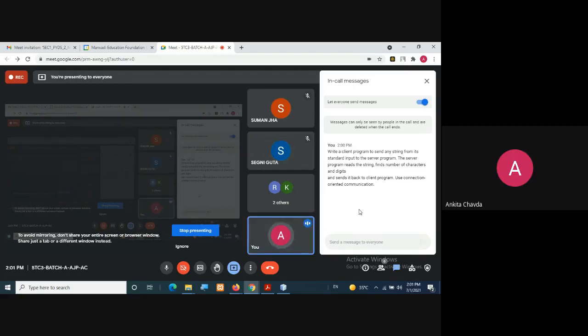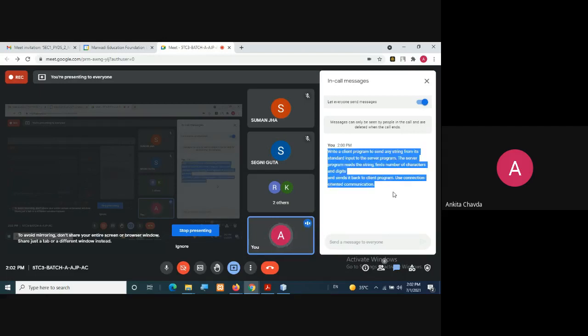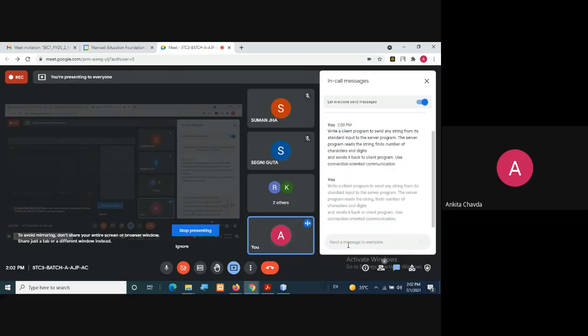So what we are doing is a client is sending one string, and in that string, we count how many characters and digits are there. The server will calculate that and send it back to the client. This is what we need to do. It is very similar to your chat program. In the chat, you are just sending strings like hi, hello, and so on, right? But here you just have to apply another logic where you find the number of characters and digits. That's it. Otherwise, it is very similar to your third program, which is the chat application.